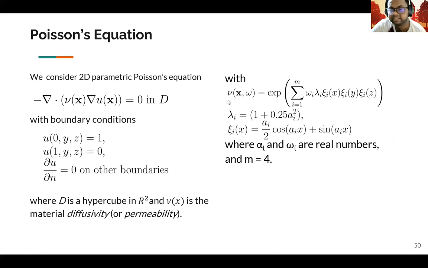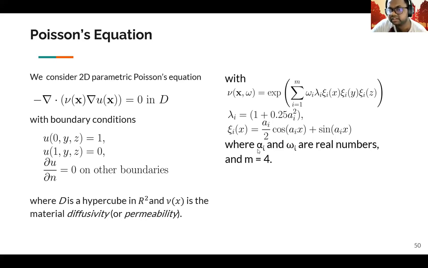So the way it happens is you start with nu of x comma omega as a function. In other words, you're defining nu of x as a function of omega in terms of a sum of a Karhunen-Loève expansion. And here in this expansion, you're going to use different a_i and omega_i values, which are all real numbers.